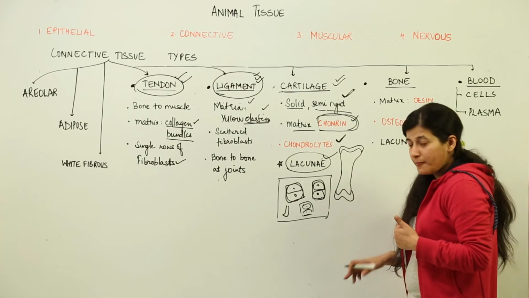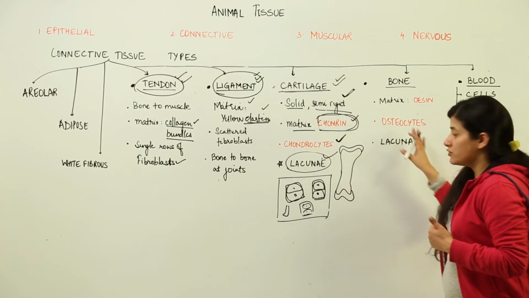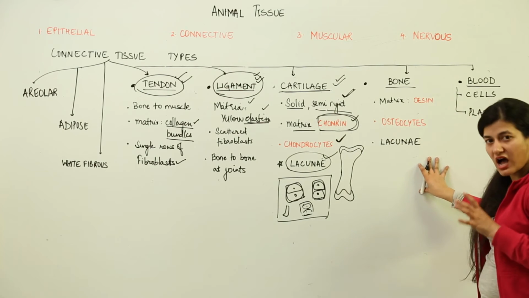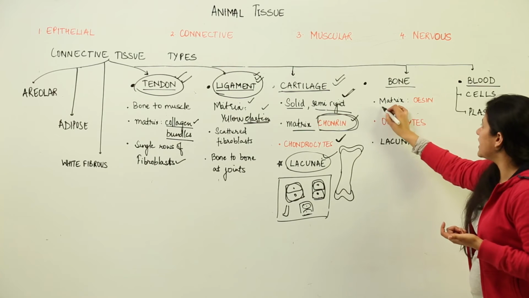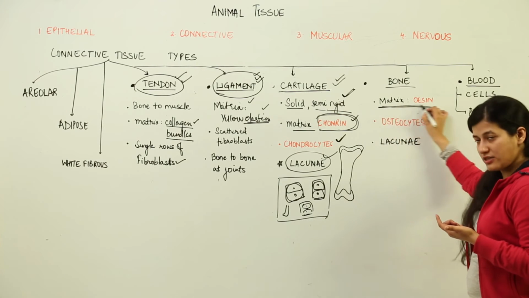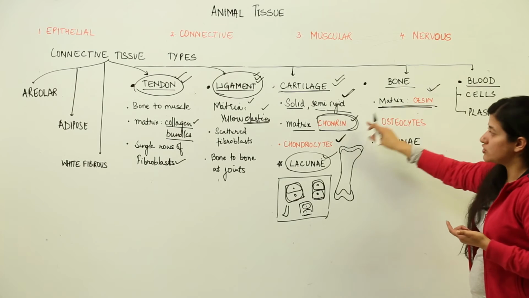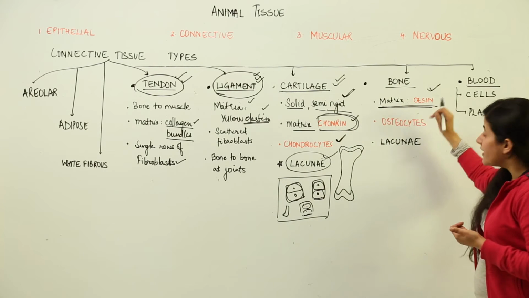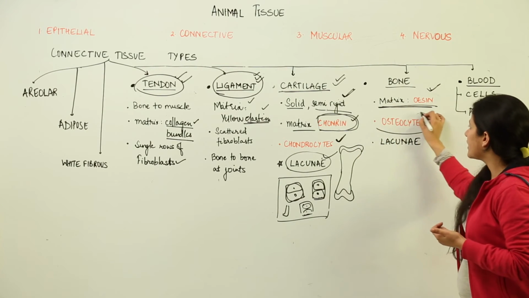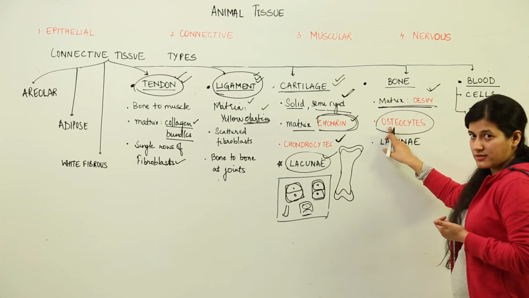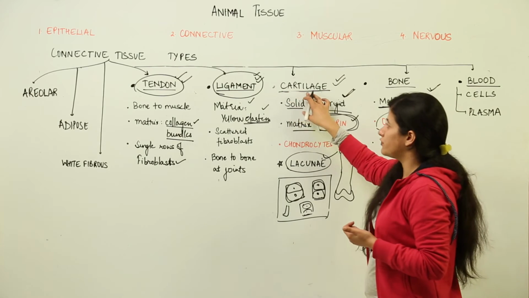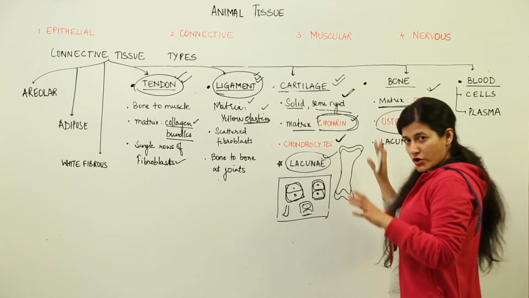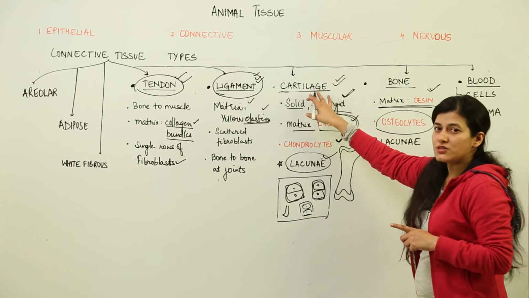in chondrin. Now on the contrary, when we come to the bone, bone is a hard and dense connective tissue. You must feel it. Bone is certainly hard. The matrix is made up of another protein known as ossein, which is much harder than chondrin. Then we have cells, osteocytes. Over here we have chondrocytes. The word chondro is often used for cartilage. So whenever you see chondro, do remember that it is associated with cartilage.